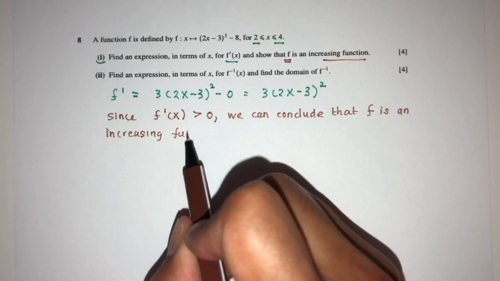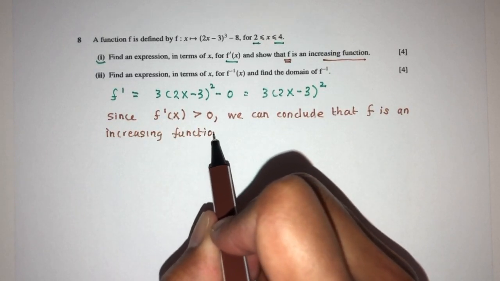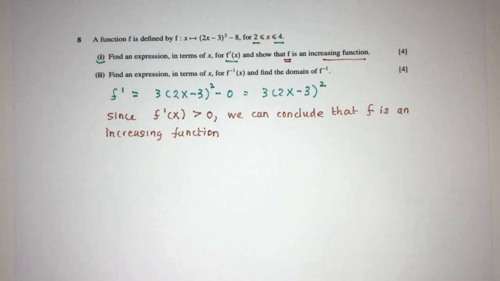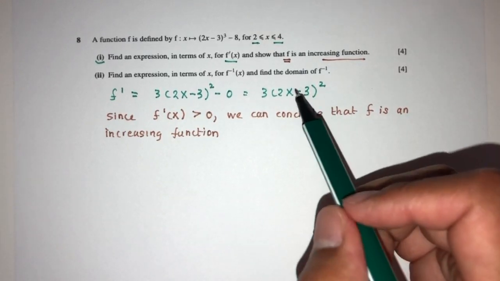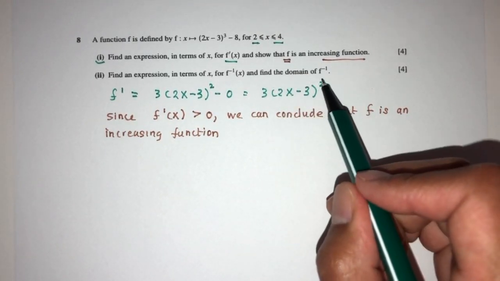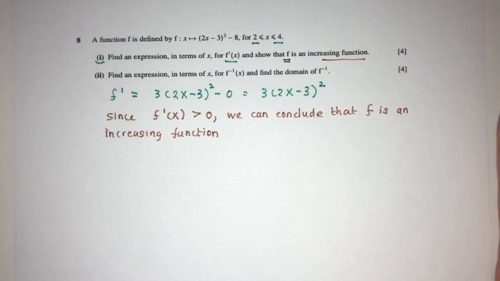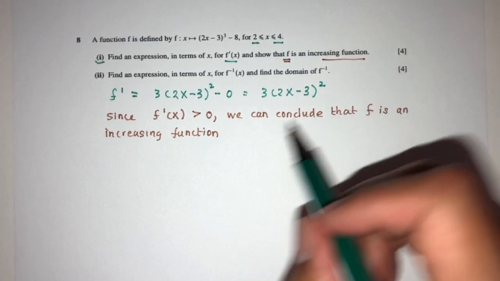Now you may ask me, how do I know it is always going to be more than 0? If you observe, it is very simple. For any values of x here, we have a square. When you square something, you're always going to be positive. You can write, since